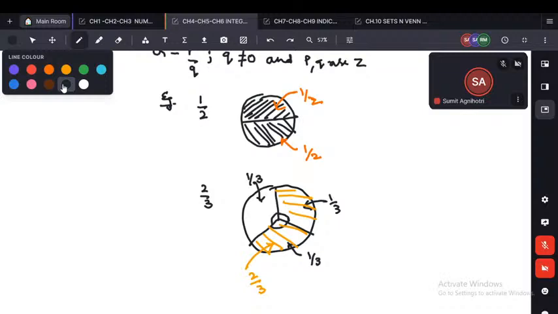Yeah, hexagon. If you draw a regular hexagon, it means all of its sides are equal. And if you join all of the vertices with the center, you will get an interior angle which is